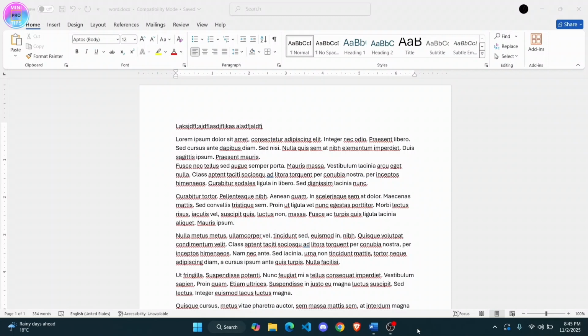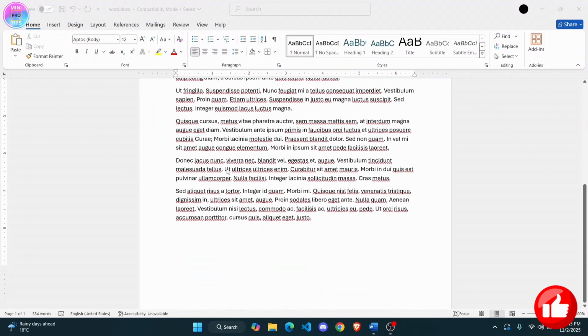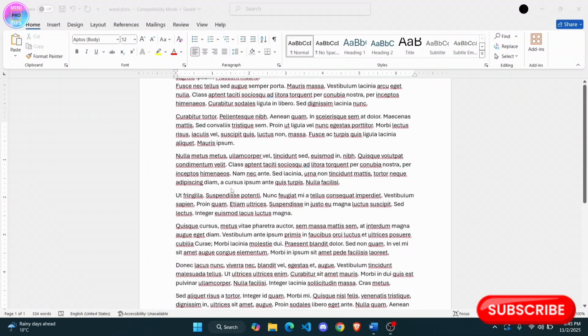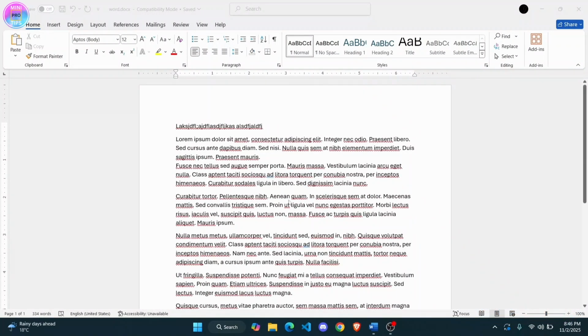Today I'm going to show you how you can easily add a template to your existing document on Word. First things first, open up your existing document on Microsoft Word. I've got this random document here. So let's say if I want to apply a template here, what I can do is go over to File